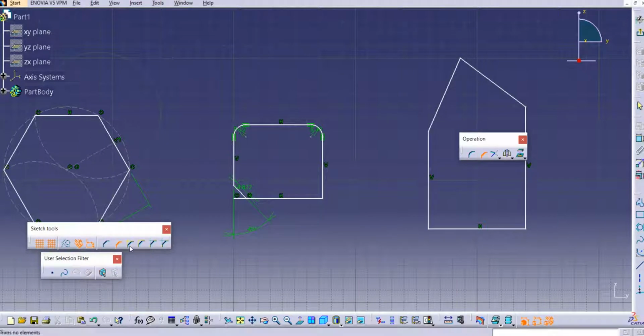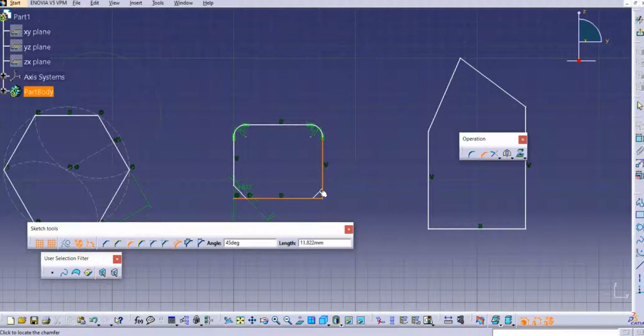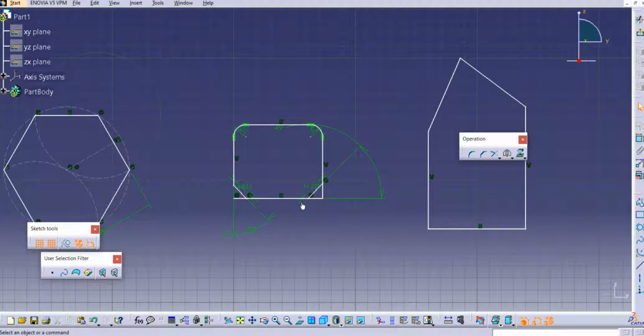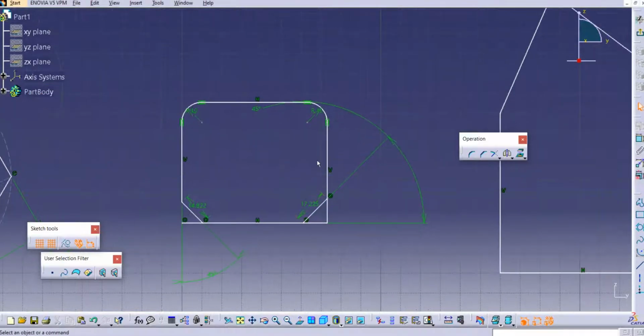Select the chamfer again, and then select the no trim option. Now if I select this line, it will add the chamfer here, and you can provide the angle here as well as the dimension. The next option we will see here is the standard line trim.